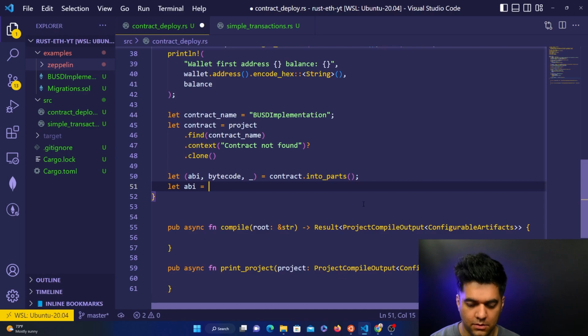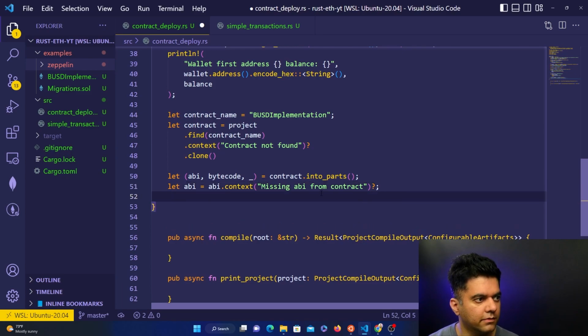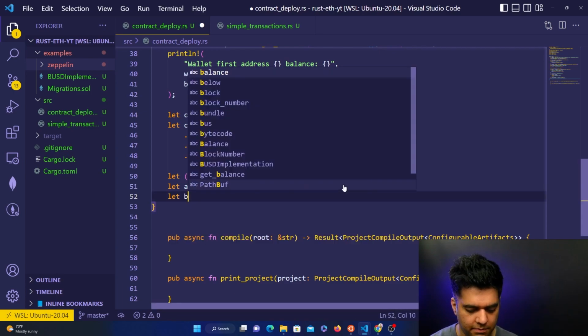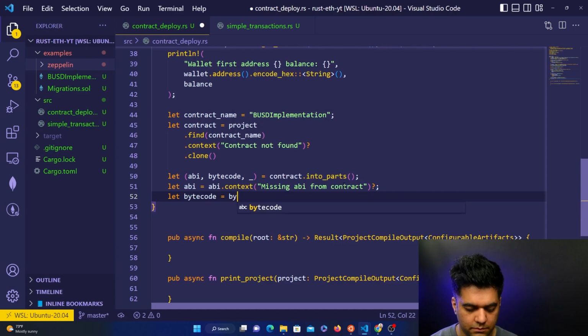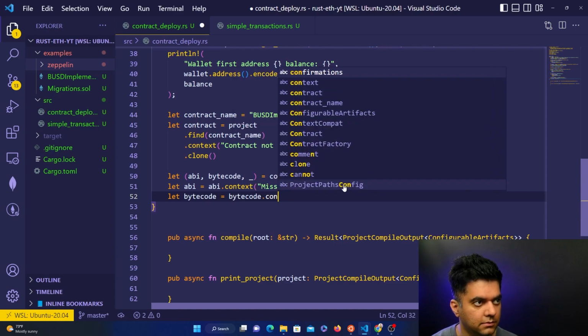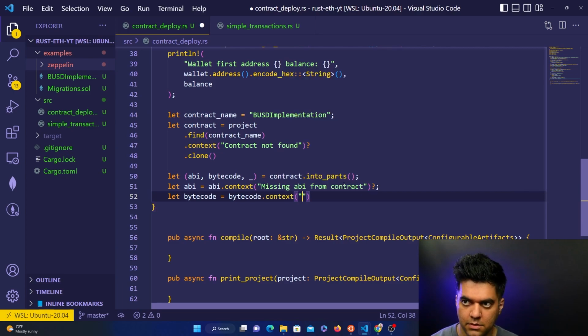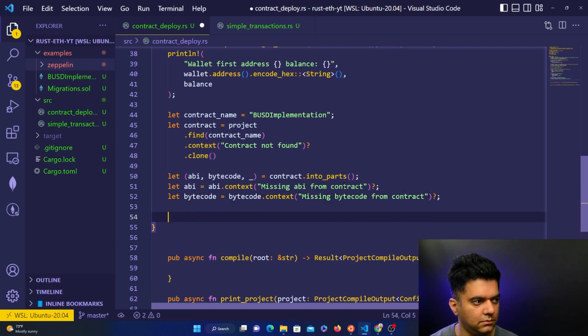So you get ABI is equal to ABI dot context, say missing ABI from contract. Okay, so if you were not able to find ABI, so firstly, if you did find ABI, you'll assign it to ABI. Otherwise, you'll just say you didn't find it. And similarly, let bytecode is equal to bytecode dot context, and let's say missing bytecode from contract. Okay,